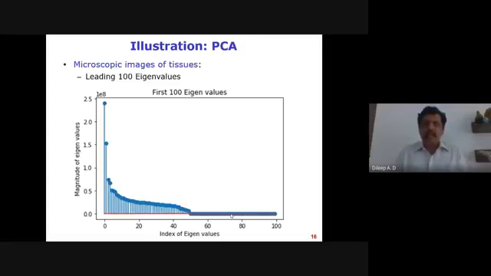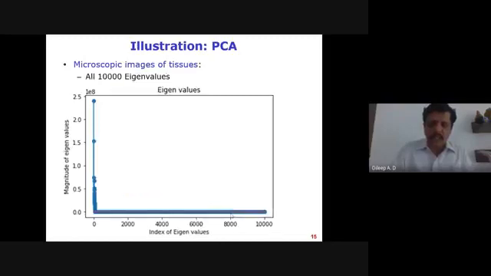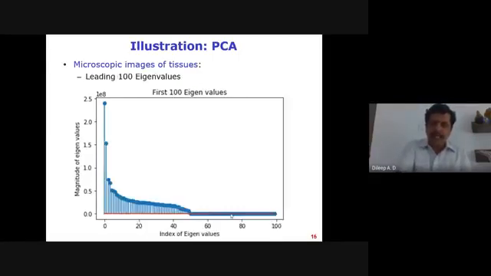The feature vectors, right? Yes, after the eigen analysis, you get the 10,000 eigenvalues and 10,000 corresponding eigenvectors. Here you're seeing that most of the elements have smaller eigenvalues. But if you really look into the first 100 eigenvalues, it is giving you around 40 to 50. It is giving you the clue that the eigenvalues are leading, the maximum eigenvalues, right?